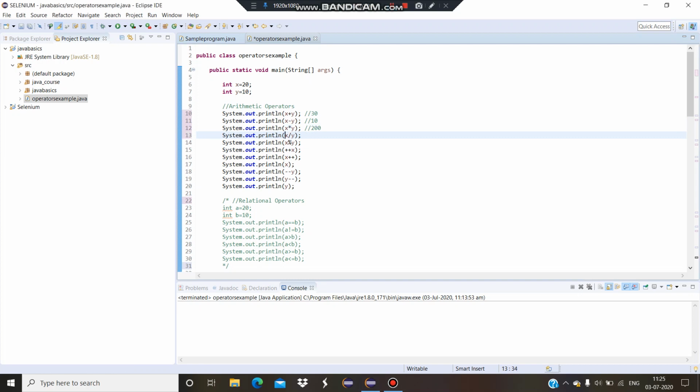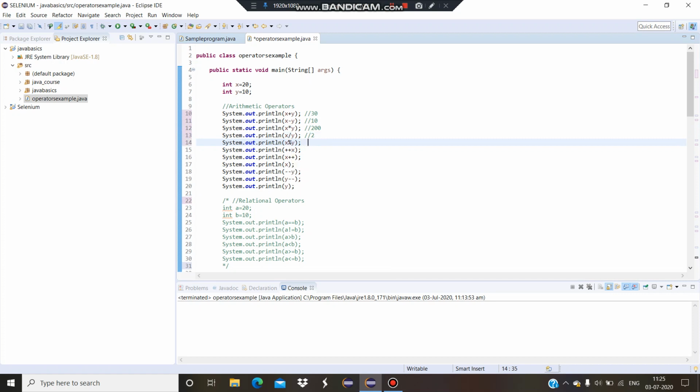Next, 20 divided by 10 will give you 2. The quotient is 2, stored in the divided answer. Modulus always shows the remainder, so 20 modulo 10 will be 0.